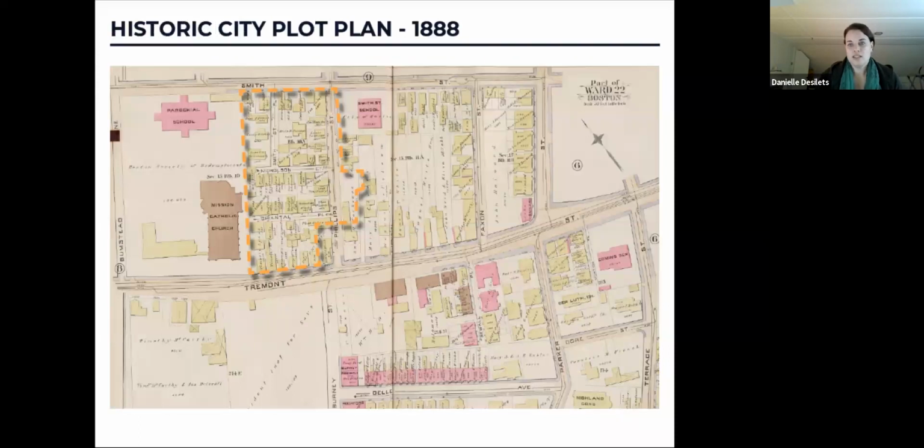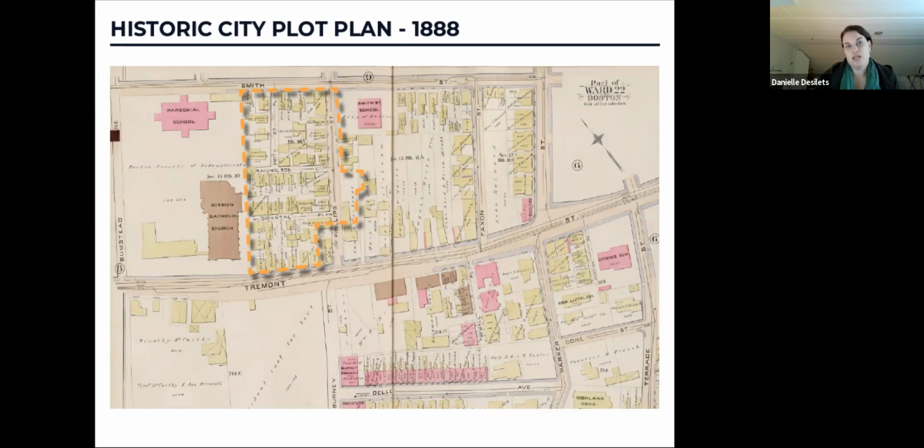So at KZLA, we always like to go back a little bit and understand how the site developed, where it came along the way, because I think it helps inform us of why it is the way it is today and what the elements are there. But we also just like to understand the background, the history of the site and the community and neighborhood at large as well, because I think it helps inform our design and the way we think about the site, because we know every park is different, and we want to make sure that it's not only appropriate to what the community is looking for, but it's also appropriate to the neighborhood as much as possible.